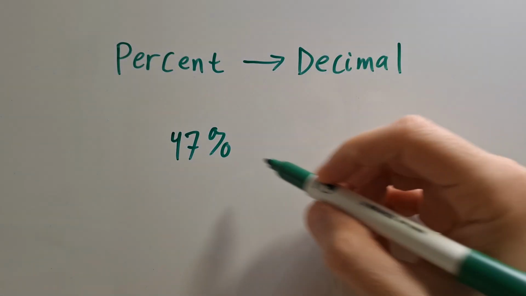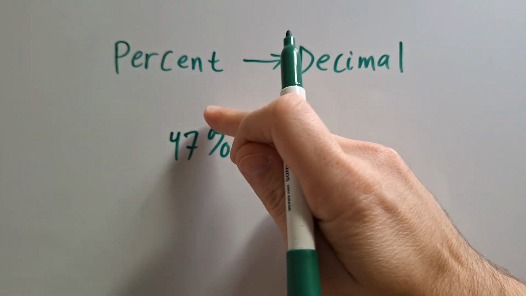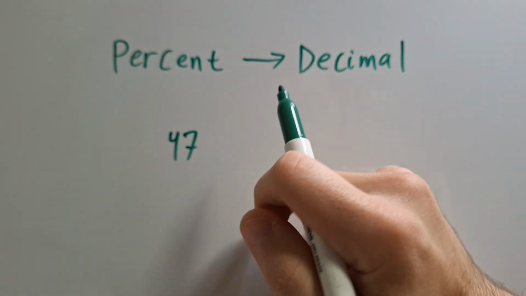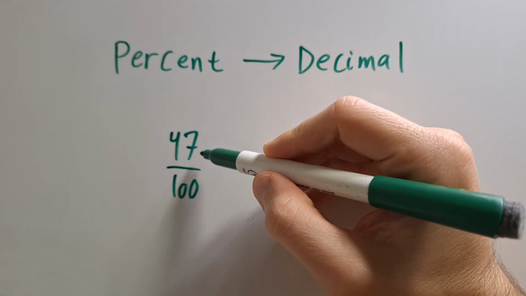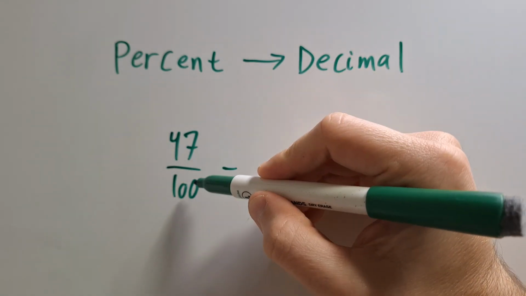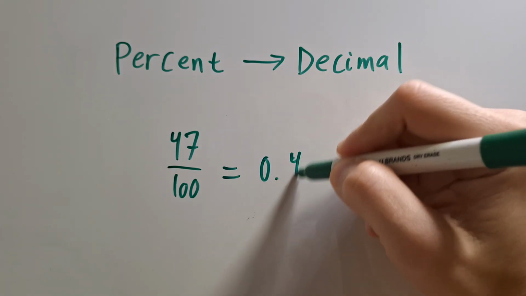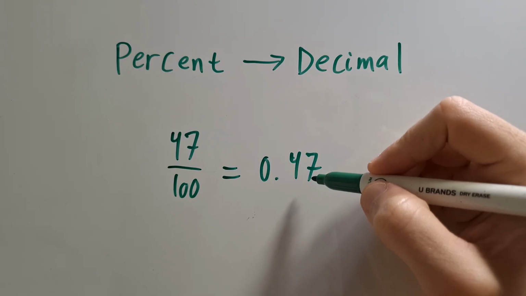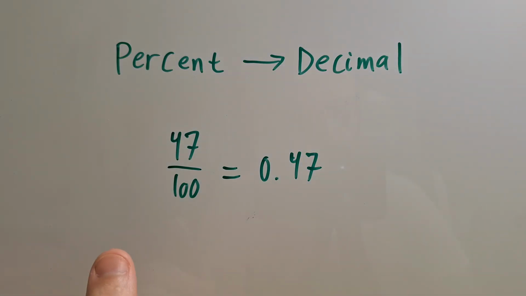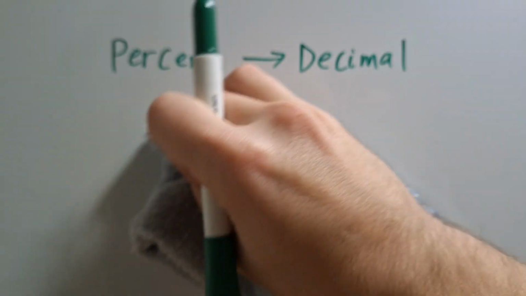after this example. So 47%, to write this as a decimal, first thing we do, get rid of the percent symbol, and then you're going to divide by 100. When you divide, you're going to get the result of 0 and 47 hundredths, or 0.47. The other approach to this, to show you a more shortcut method to this,